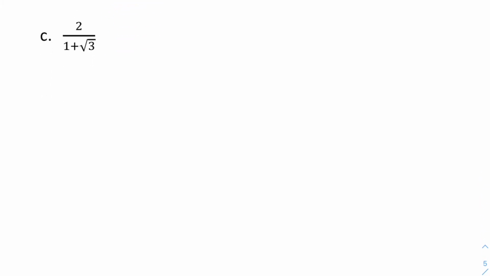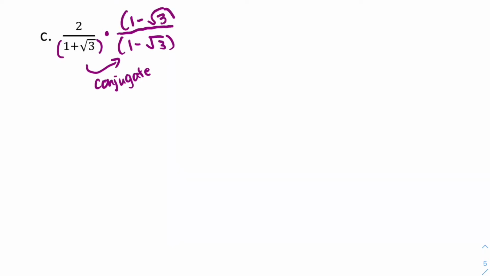So I believe we did some of these when we first talked about square roots, but remember that you need to multiply by the conjugate of your denominator, because that's the only way that you are going to end up with radicals with opposite signs that subtract off to 0 when you multiply these 2 binomials together. So if you multiply 2 times everything that's on top there, you're going to have 2 minus 2 square roots of 3. And then in my denominator, 1 times 1 is going to give me 1,